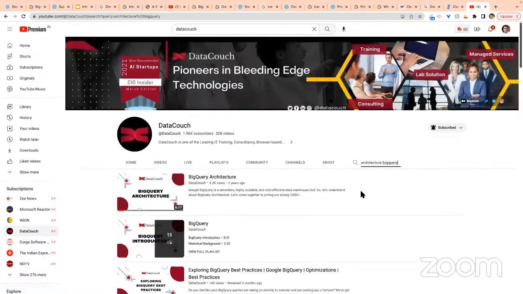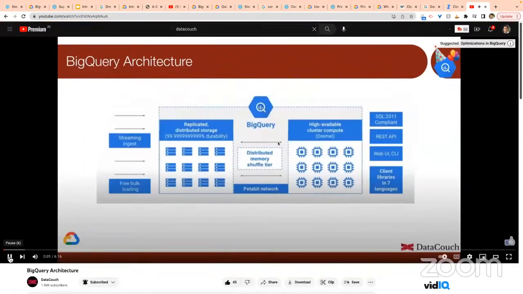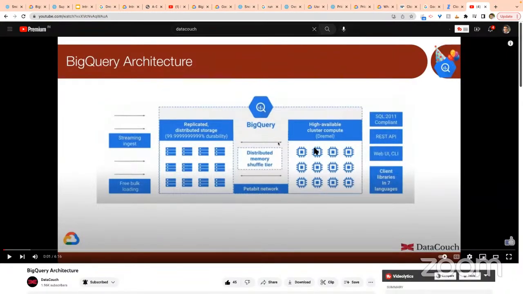If you search on the YouTube channel, you will see this is the BigQuery architecture. If you go inside this architecture, we can see we have a petabit network, here we have Dremel, the Google Dremel white paper, and here we have the storage also.